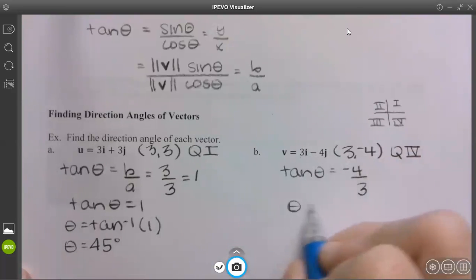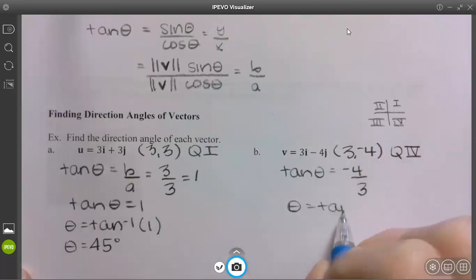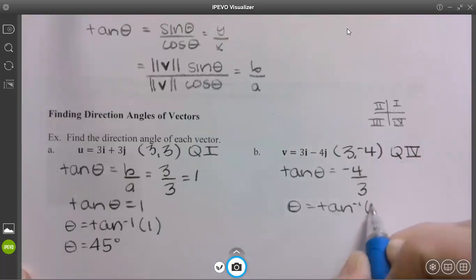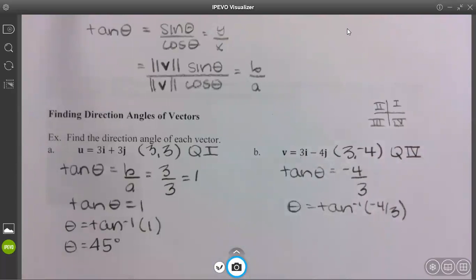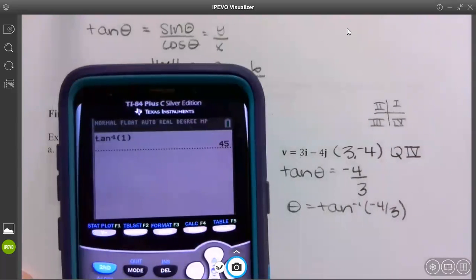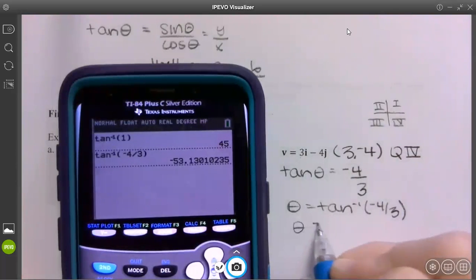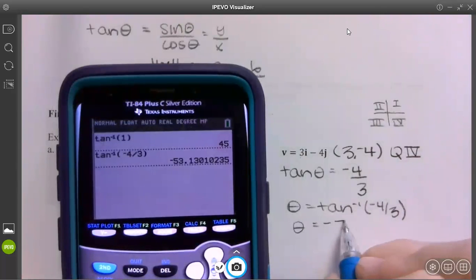And then we need to find theta by doing tan inverse of -4/3. Pop that on my calculator. Tan inverse of -4/3 gives us